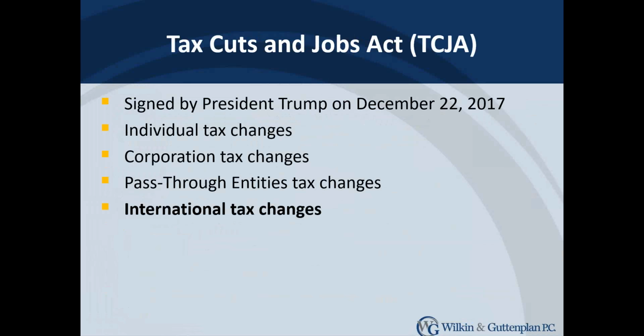So just a brief overview. The Tax Cut and Jobs Act was signed by President Trump on December 22nd. The House and the Senate came to their agreement late on Friday afternoon, December 15th. And since then, we have been trying to sift through the 1,000 pages of legislation, trying to understand all the changes. There was a webinar on Monday about individual tax changes. There was one last Tuesday on corporate tax changes, which also included pass-through entities tax changes.